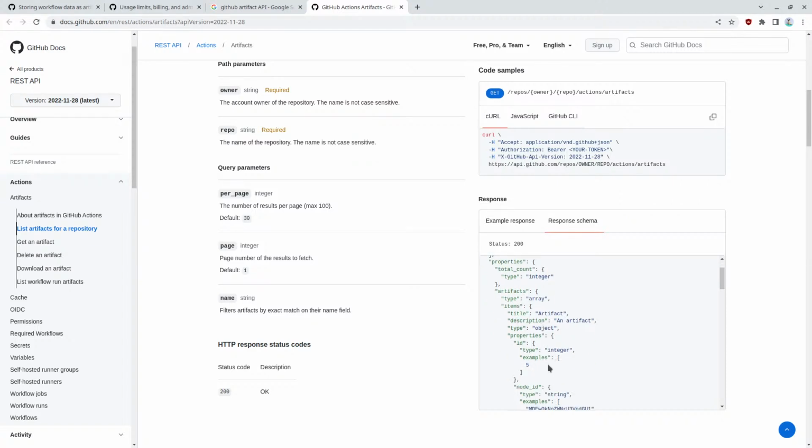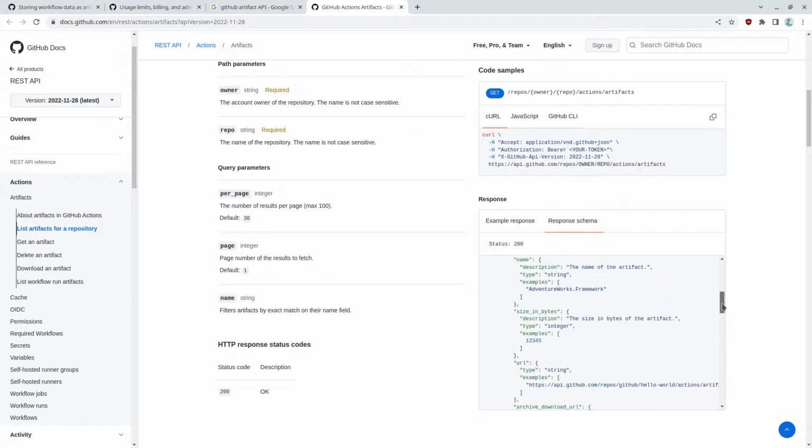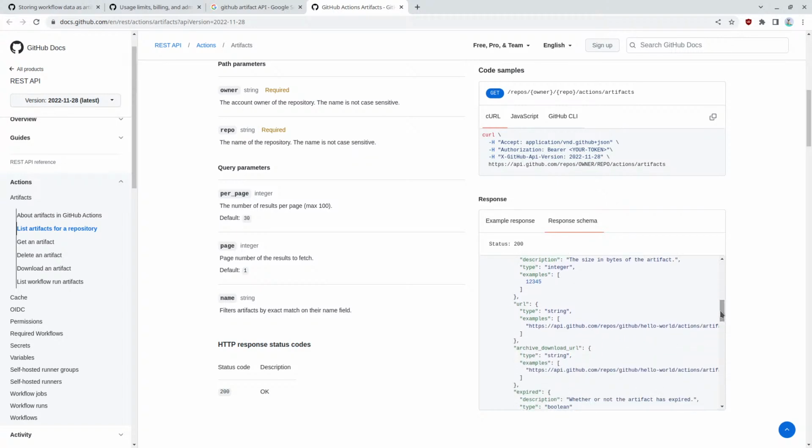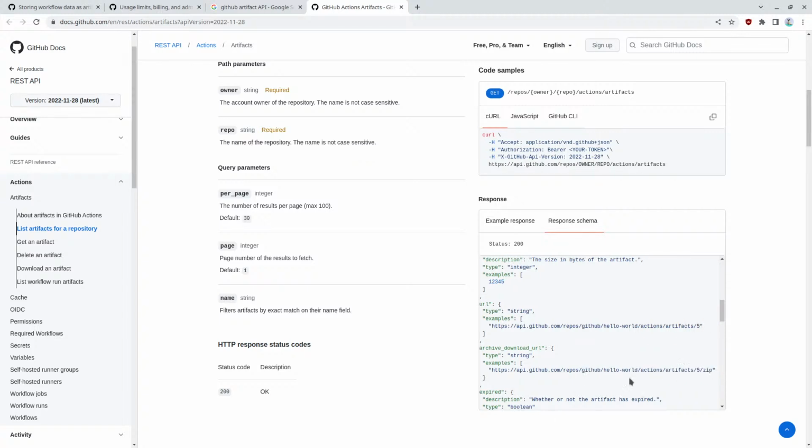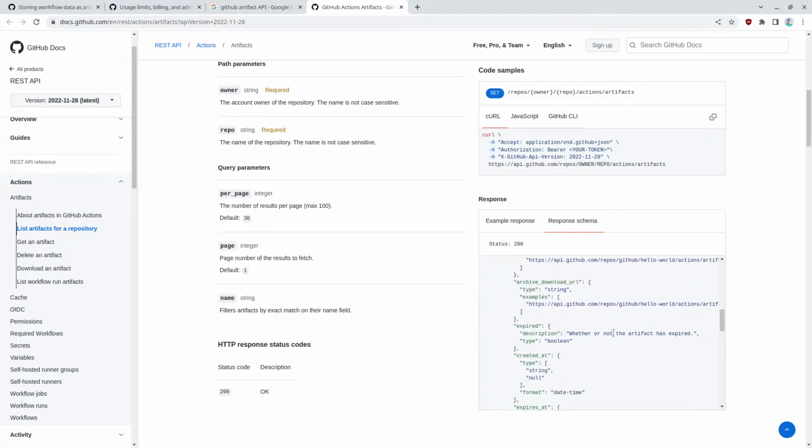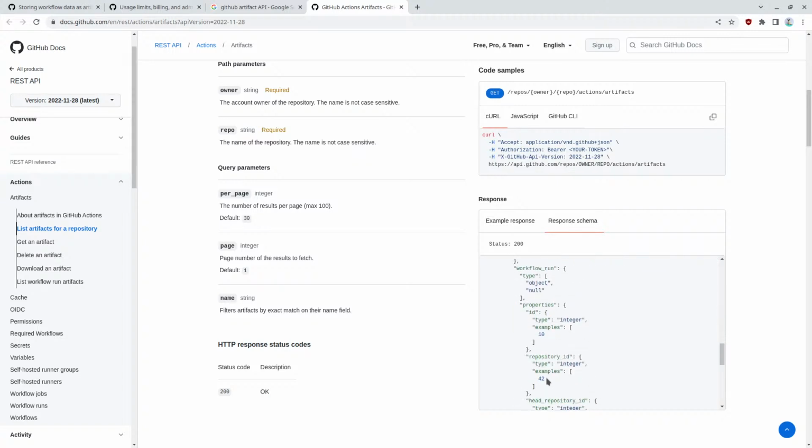ID, integer. Node ID. Size in bytes. URL. Whether or not the artifact has expired. Created, date, time, upload. This really isn't too bad. But I just don't know if it